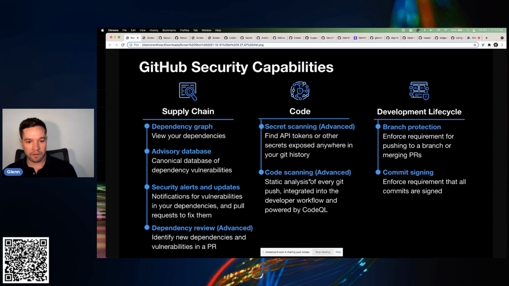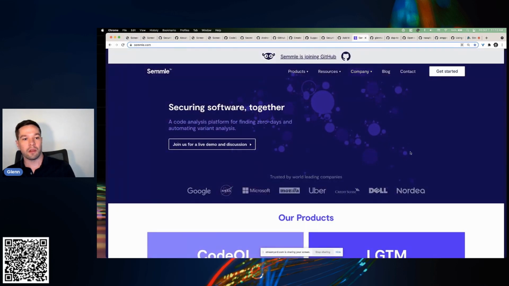Okay, cool. So now let's get into my favorite topic, which is code scanning. GitHub made an acquisition of a company called Semmle, for those of you that are familiar. This is static code analysis in a very novel way. The quick TL;DR is that we make a database of your code base at compilation time. So we'll create a database that we can then query